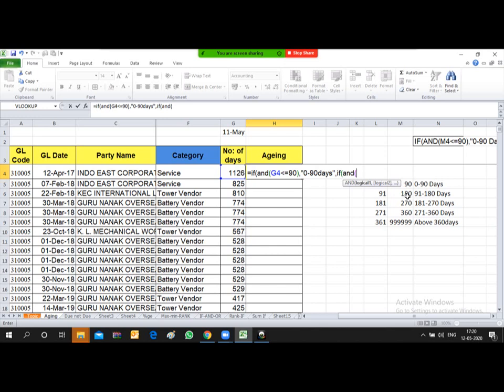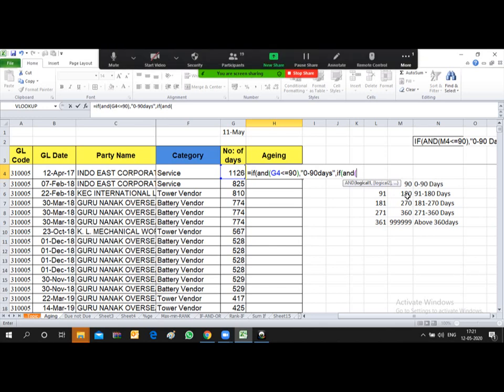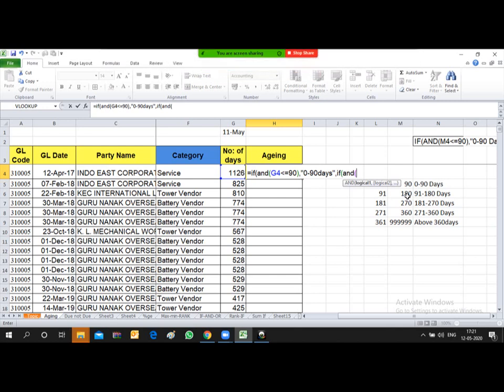So there are two conditions: one is if this cell is greater than 90, but less than or equal to 180.